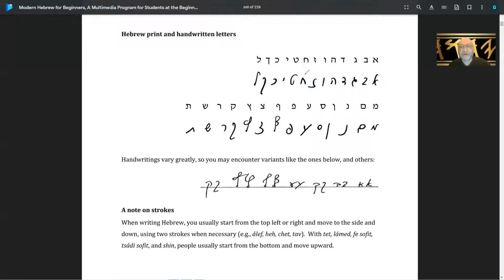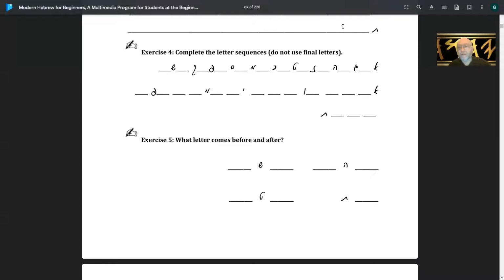Okay, so we need zayin, het, tet. Okay, zayin, het, tet. Okay, so